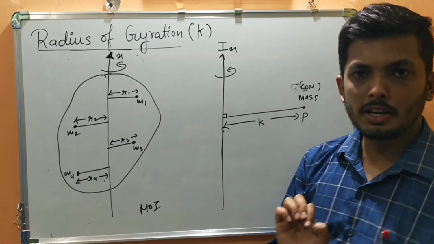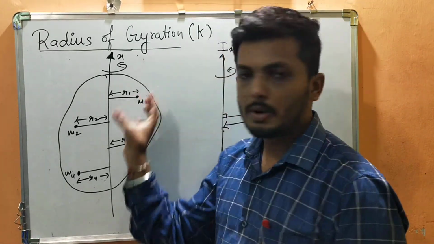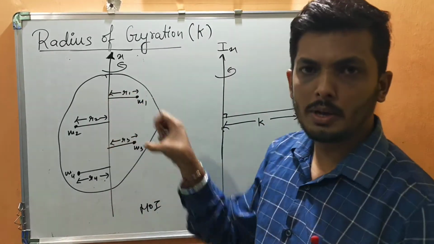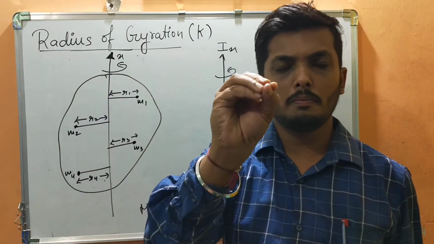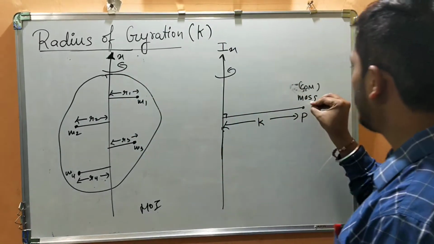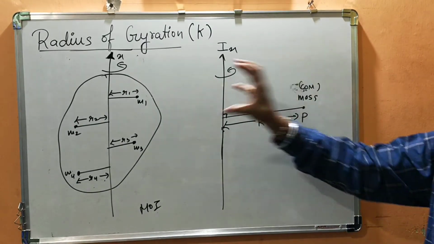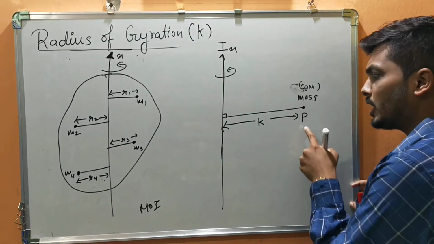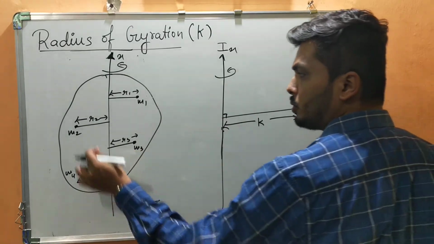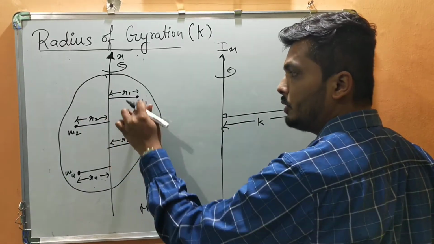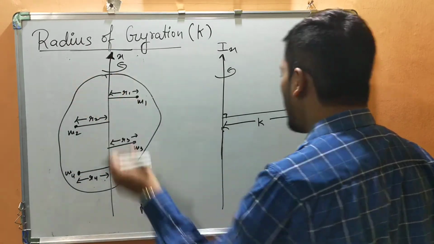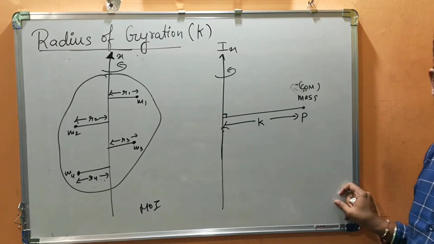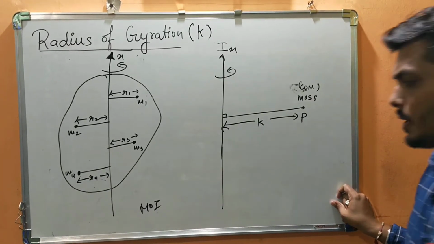One thing I have twisted here is that these were all individual masses. Now, for an instant, you have to imagine I am taking all the masses, concentrating them at a very minute point, and just dumping them here. Are you understanding? So the entire mass is being concentrated at this point P. Let us assume that whatever mass is there of this body due to individual particles is the same mass which is concentrated at this point P, which is at the center of mass. Are you understanding? Center of mass. Got it?